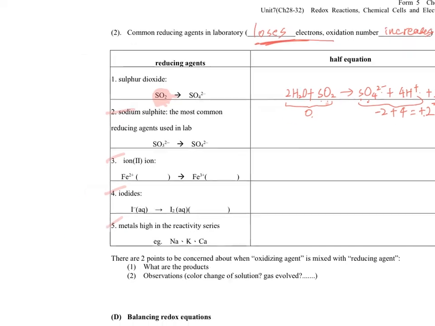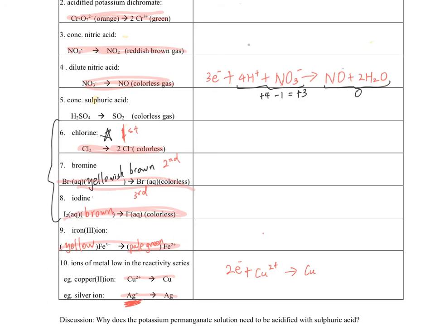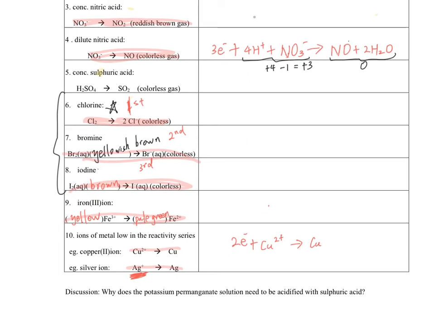Lastly and most importantly, sometimes you will be confused about which ion to write, which ion will be involved in the reaction. For example, when you see some question, they say iron 3 sulfate is added. Then you may be confused whether iron 3 ion will react or sulfate ion will react. The answer is iron 3 will react instead of sulfate ion, because you can see on this page,